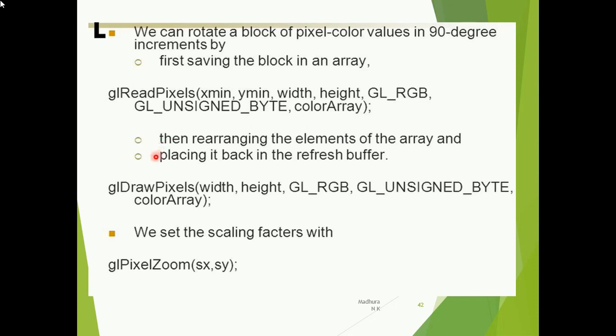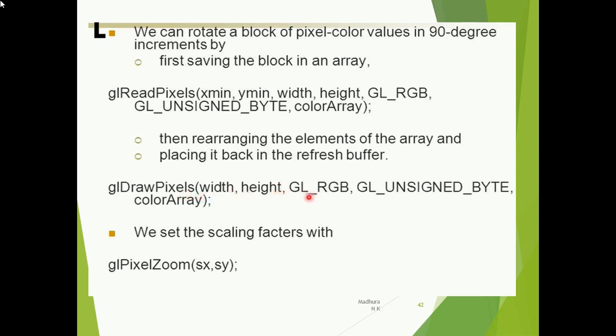Now this information has to be actually displayed on the screen. So again we call one more function called glDrawPixels. After calling glReadPixels, you have to call glDrawPixels just to draw your contents on the screen after the rotation process. After rotation, meaning rotating your arrays, the values will be rearranged, so that is the information you want to display now. That's why we call glDrawPixels.